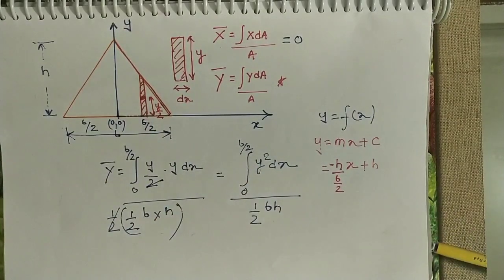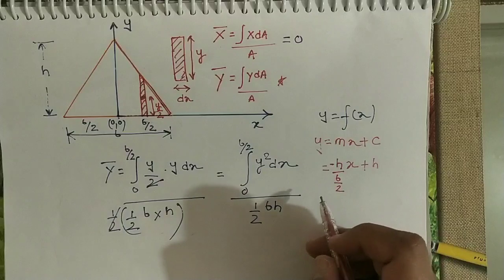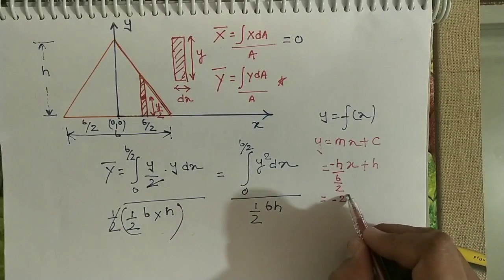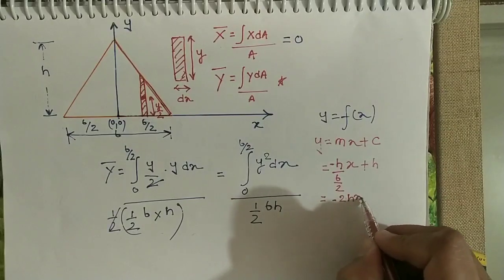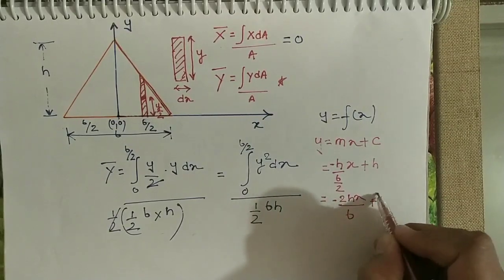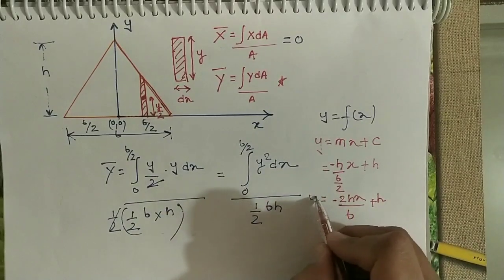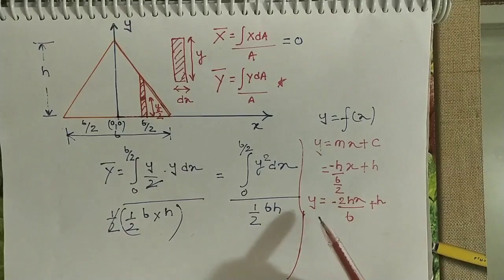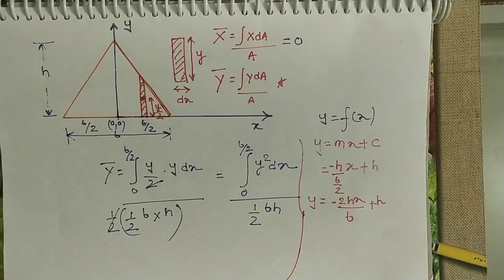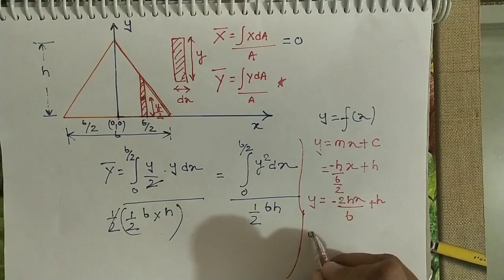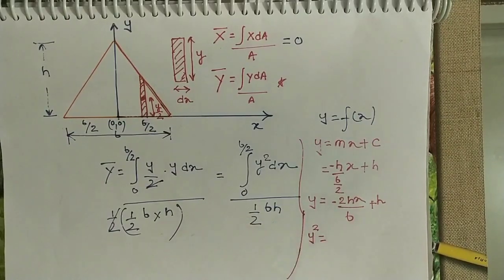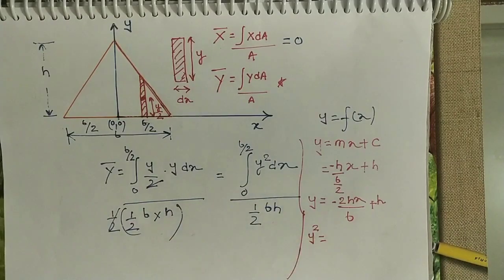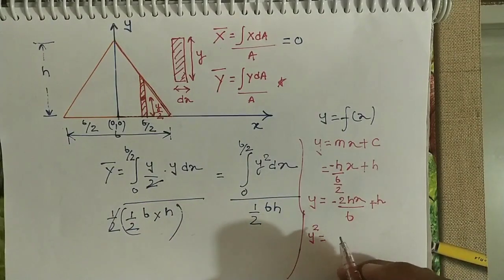So when I solve it, it will become minus 2hx by b plus h. Now I have to put the value of y in this equation. So for the sake of simplicity, I will square it here onwards. So I am squaring it because here I have to put y square. So when I square it, it will become